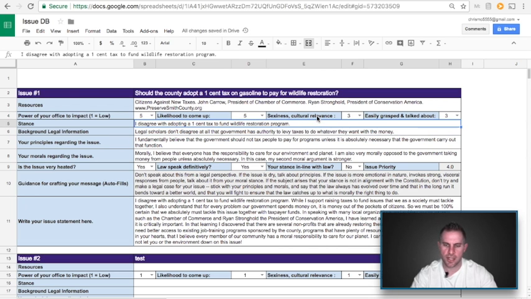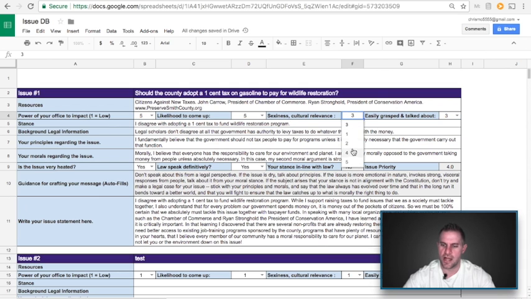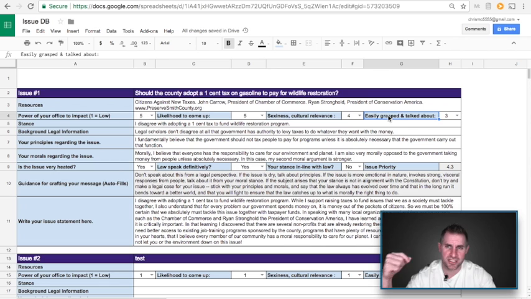Sexiness, cultural relevance, we'll give it a 3. A lot of people are talking about it. It's about the environment, conservation, sustainability, all these other buzzwords that are huge in public discourse right now. So let's bump it up a notch and call it 4. How easily grasped and talked about is the issue? Well, it can get a little bit complex when you're talking about taxing gasoline and where the taxes are right now, and there's also one that's about to expire, so it would just take the place of that one. There are some nuances here that can be a little bit hard to grasp, so we'll give it a 3.